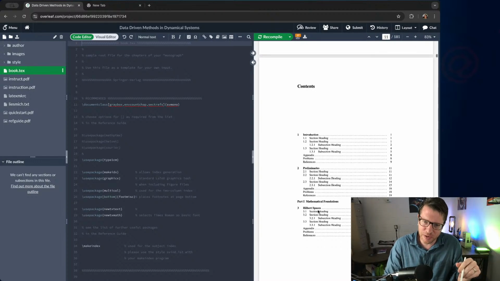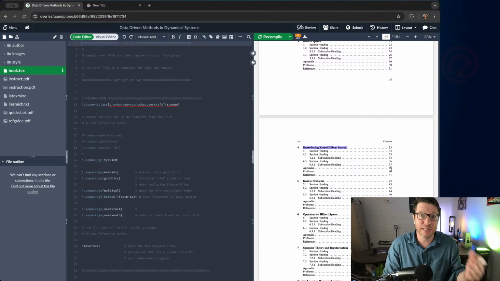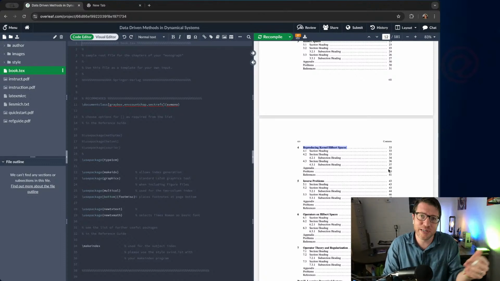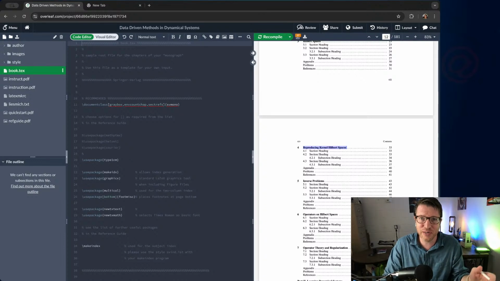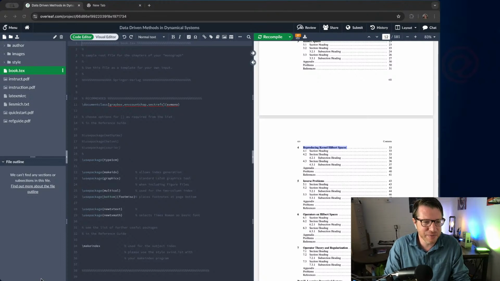But in order to talk about reproducing kernel Hilbert spaces, we would really need to talk about things like the Gaussian RBF. And if we're going to talk about the Gaussian RBF and radial basis functions in particular, then we need to actually define them, and also to get convergence rates and things like that, we're really going to need to frame them in terms of the Fourier transform. And so I want to talk about the foundations of the Fourier transform today, and sketch that out so we can start getting that into the appendix of the book, so that could actually make some sense. Anyway, so let's go ahead and start sketching some things out.